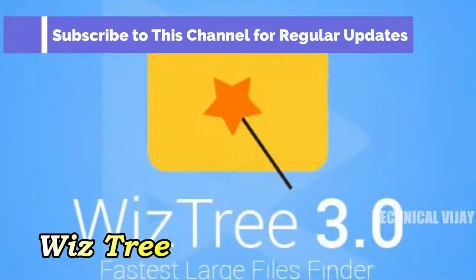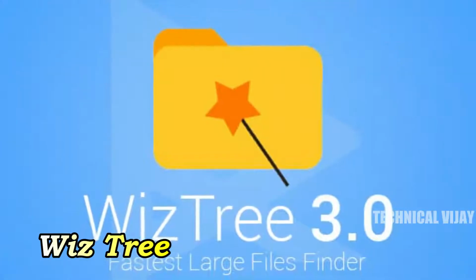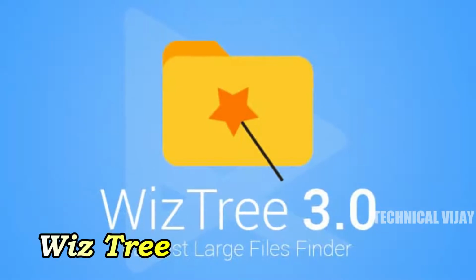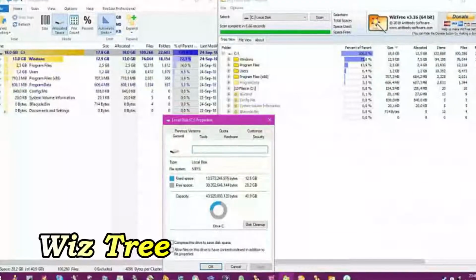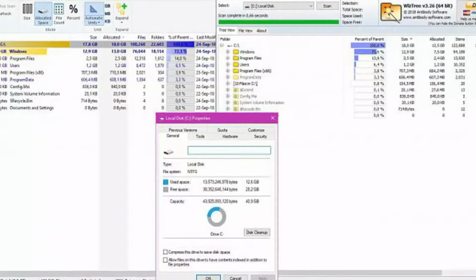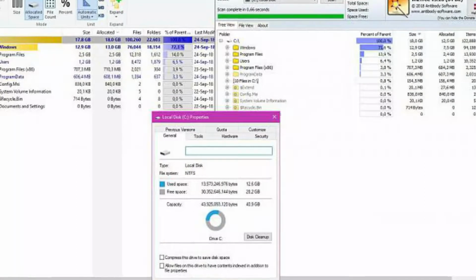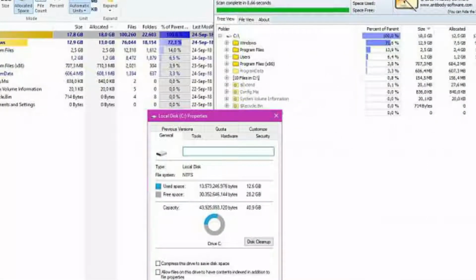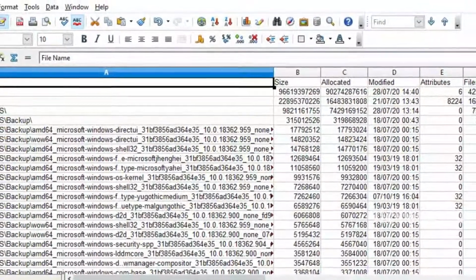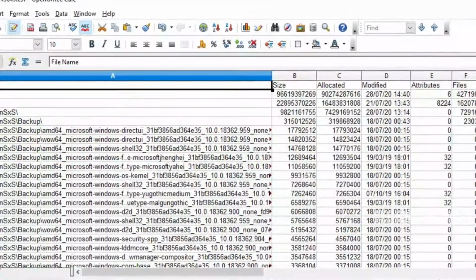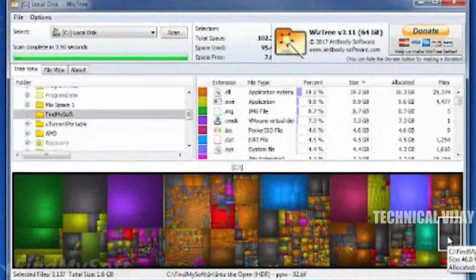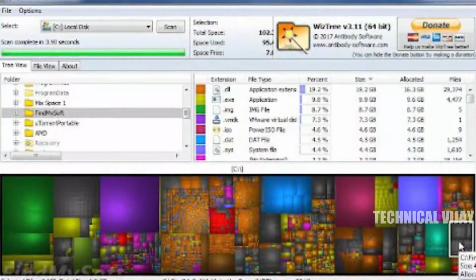WizTree, another very simple disk analyzer tool that only shows data in GBs and formats it from large to small files. It is incredibly fast as well and goes a little further by showing total items, percentage size, total files and folders, and the last modified date also. Interestingly, it also has a handy file view section that only shows files in a specific area with all the details like size or modified date. Moreover, you can use a search bar to quickly pinpoint required files and interact with them from its interface.